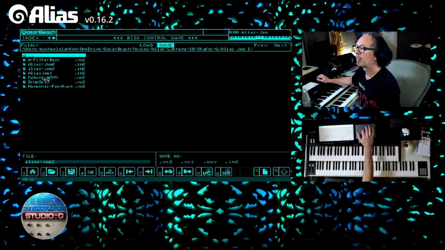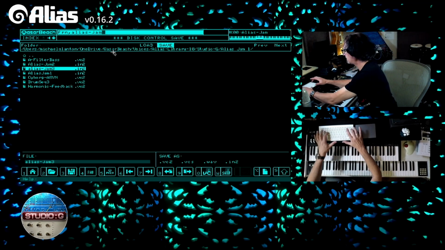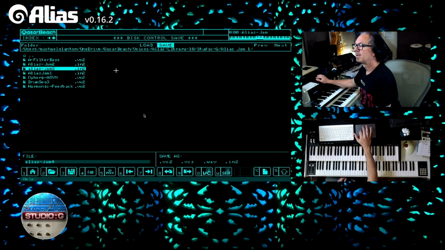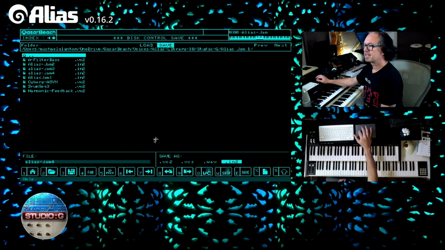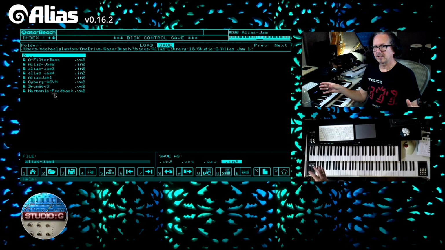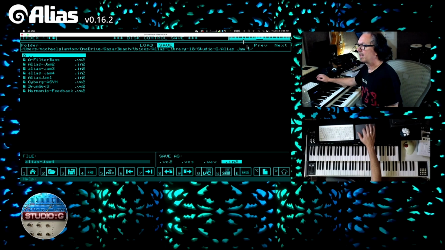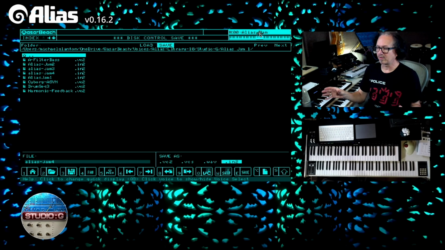And you'll see I have these instruments here. And if I just click on here, I call this Alias Jam 4, select .in2 and save, and that'll save the whole setup. You don't have to load up the other sounds. You can just load up the instrument, and it'll come up and have all of your sounds in here as well as your keyboard splits. So really, really incredible stuff in the newest version,